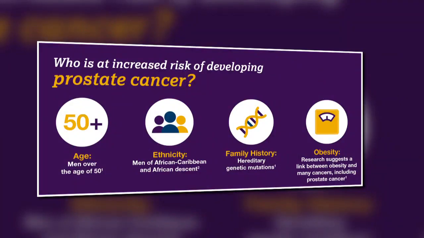What are the risk factors for developing prostate cancer? Age. As the age goes up, the risk of developing prostate cancer increases, especially when men cross the age of 50 to 55. They are at higher risk than those who are in their 40s. Smoking. Smoking puts a person at double the risk of developing prostate cancer. Smokers who are diagnosed with prostate cancer have higher odds of dying of it.